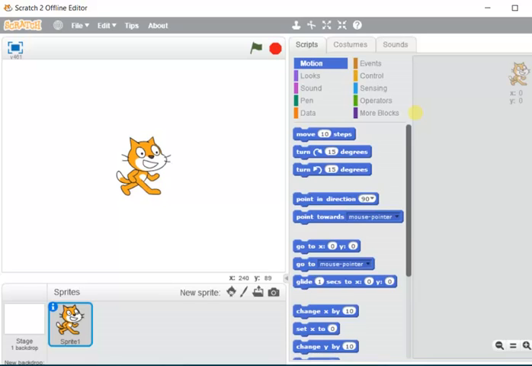Today we'll discuss changing a sprite. Sprite is the object appearing on the stage. Now, sometimes you may need to remove one sprite to bring another sprite